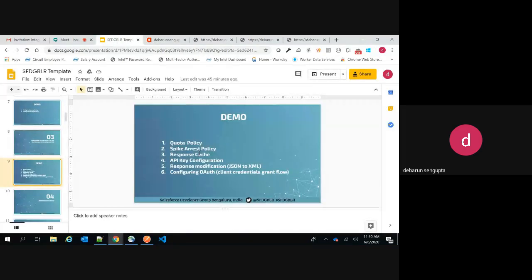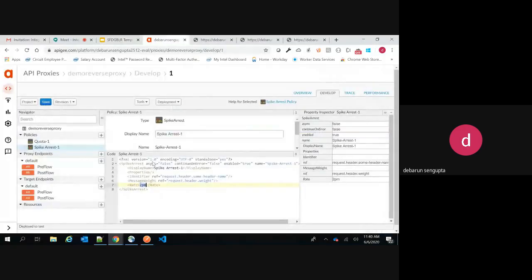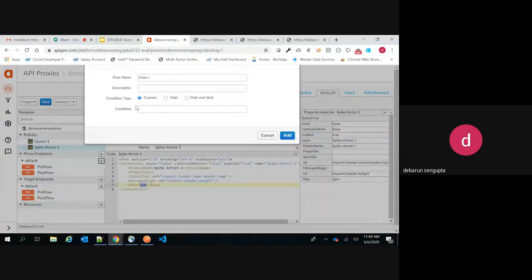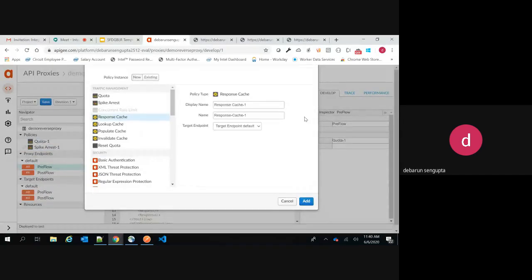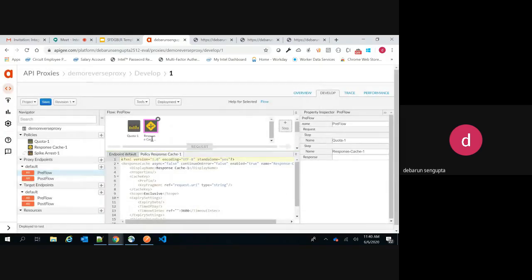Now we come to another one called response cache. Again, the same thing. As the name suggests, say you are calling this endpoint, which is calling your backend service, and the backend service is returning you some result. Now say you want to cache that result, so you don't want to do a server call every time a request comes to this endpoint. In those scenarios, you can use this response cache. You just have to click on response cache, and you can see the response cache has come up.